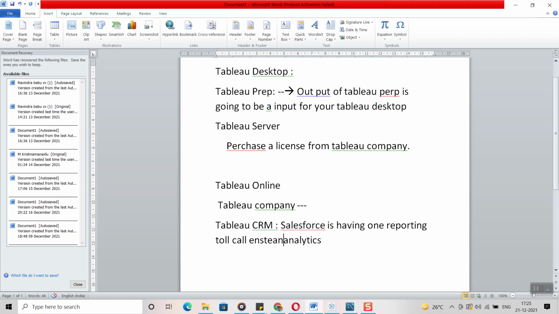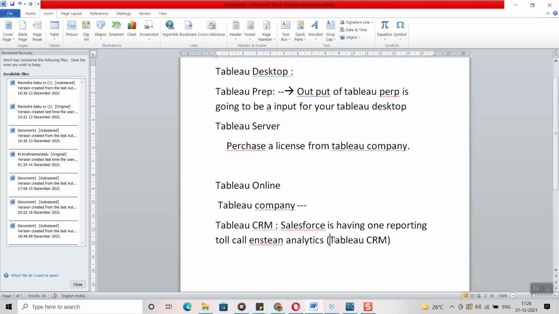Einstein Analytics is one of the reporting tools from the Salesforce company. Once Tableau was acquired by Salesforce, they renamed Einstein Analytics as Tableau CRM.